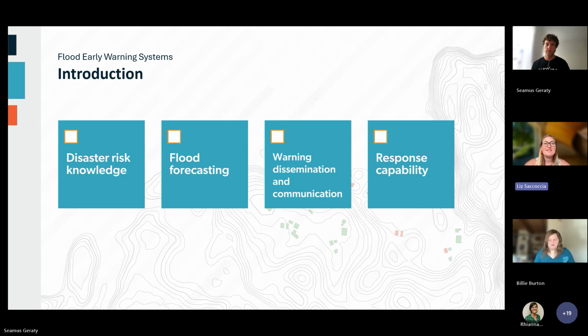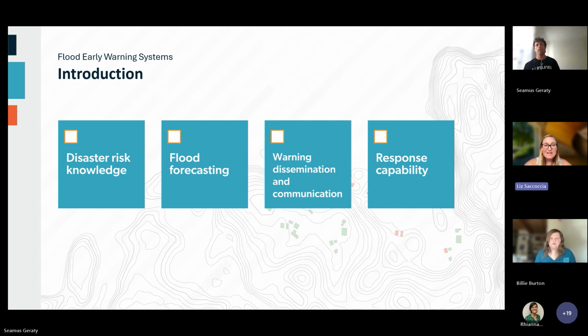So to start with, flood early warning systems alert residents to incoming hazards and help communities to evacuate high-risk areas, and ultimately the goal is to save lives. Effective end-to-end early warning systems have these 4 key components: disaster risk knowledge, a warning service, communication and dissemination, and response capability. And they're characterized by being multi-hazard, comprehensive from detection to action, and people-centered, empowering communities to effectively